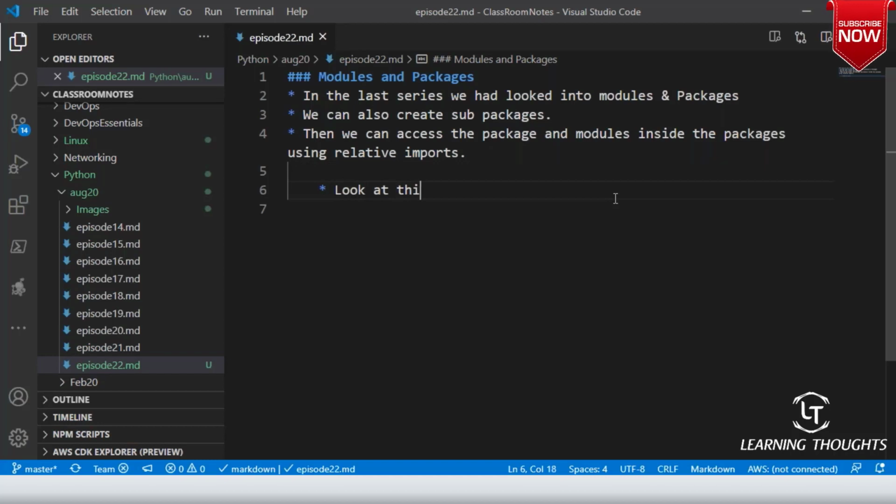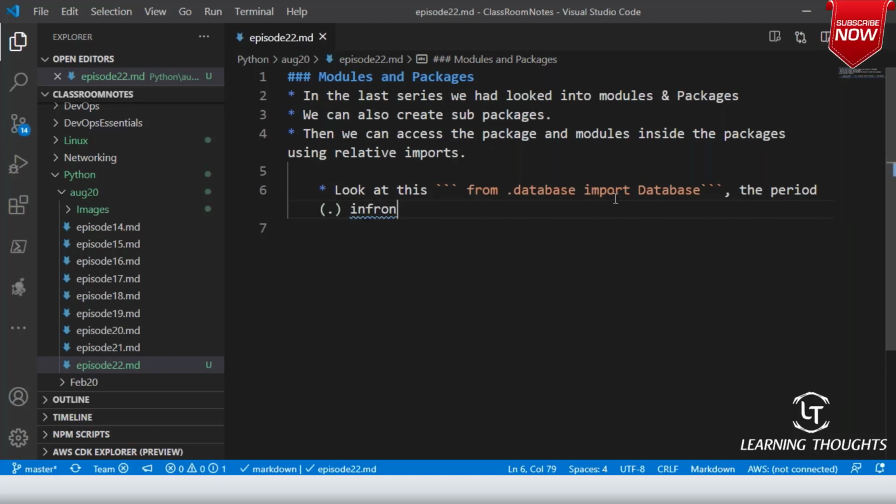Look at this import: from .database import database. Let us assume this is a statement which you have seen. In this statement, the period is nothing but the dot in front of database.